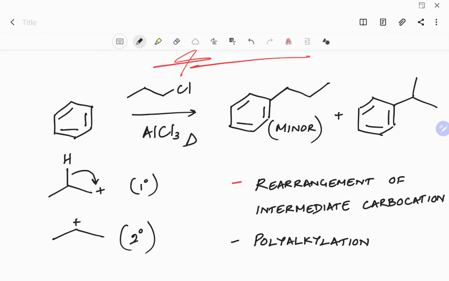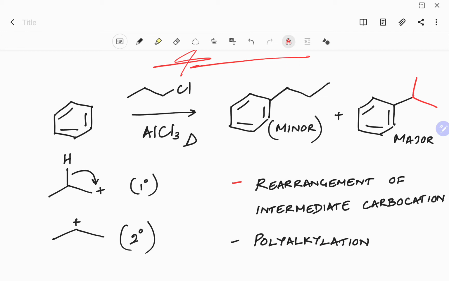So therefore, there will be a rearrangement in the intermediate electrophilic carbocation, and the major product that you get will have a different R group or alkyl group as compared to the R group that you were expecting. So the major product will be totally different. That is because of the rearrangement of intermediate carbocations. The other limitation associated with Friedel-Crafts alkylation is